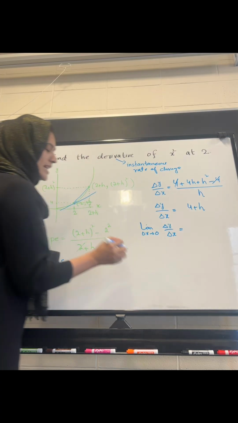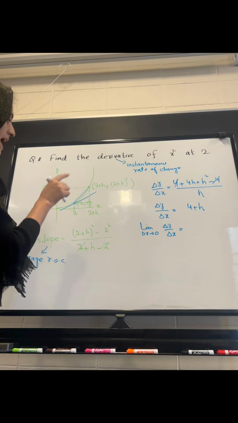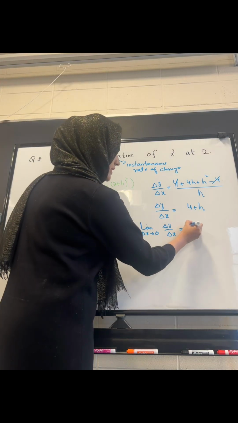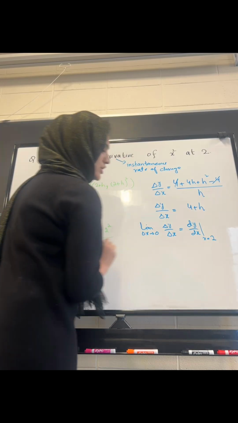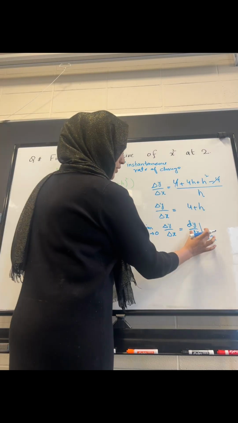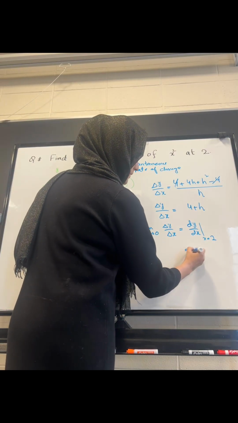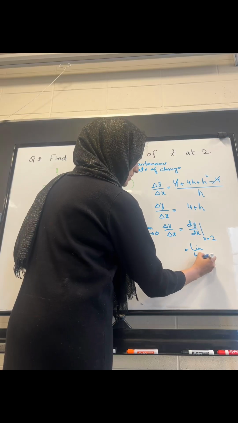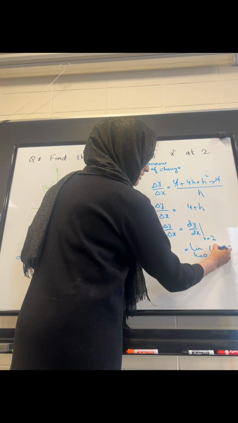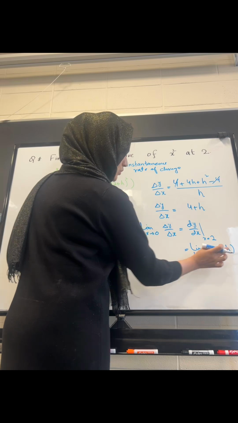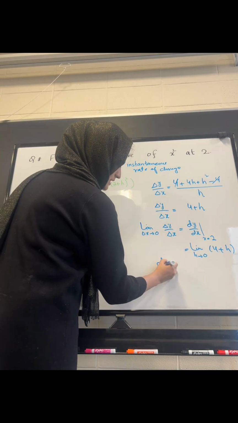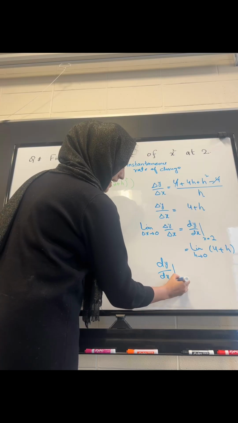This is actually the instantaneous rate of change at this point, and we call it dy by dx at point 2. For this we apply the limit h approaches 0 on 4 plus h. When we apply the limit h approaches 0, we will get dy by dx at point 2